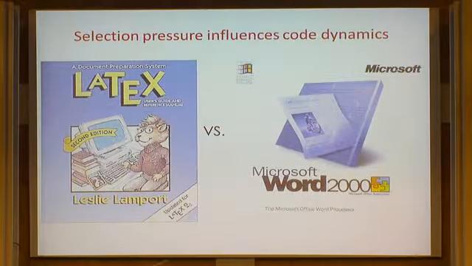Now, how does selection pressure influence the code dynamics? So let's think about a different thought experiment. Let's suppose that the National Science Foundation has a call for proposals, and they say, okay, we want a proposal, but it has to be a collaboration between a physicist and biologist, or a mathematician and biologist. In America, at least, people want to encourage more quantification of biology, and so those things come out all the time. So the problem is this, that you sit down to write a proposal with your best friend, but your